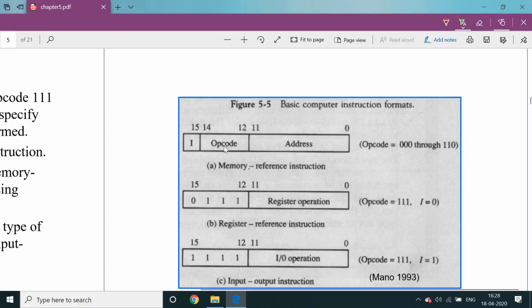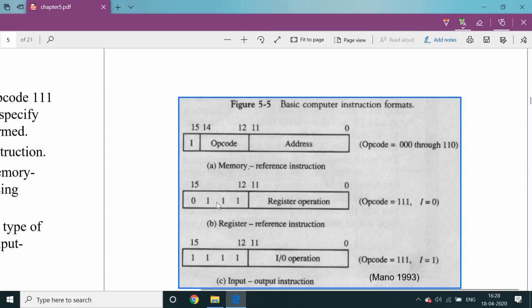The opcode is a 3-bit code in bits 12 to 14, but the difference is in the opcode value. For memory reference it runs from 000 to 110, that is 0 to 6 only. The remaining value, 7, is the default value for the register reference and input output reference instructions.